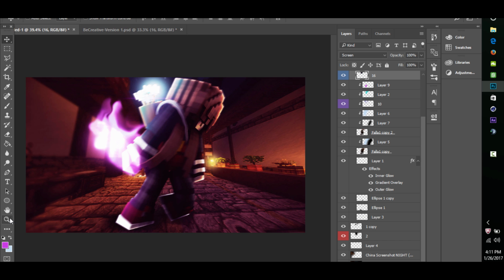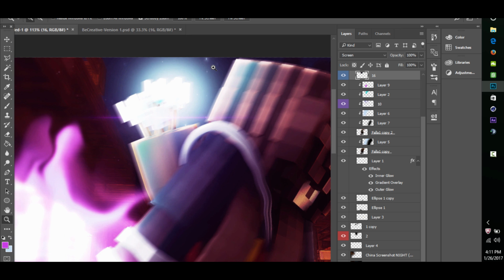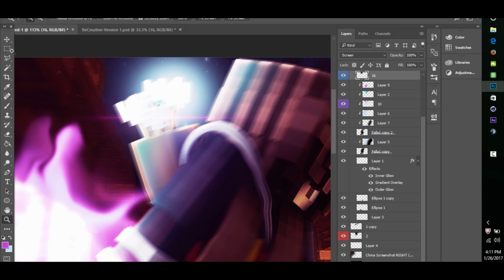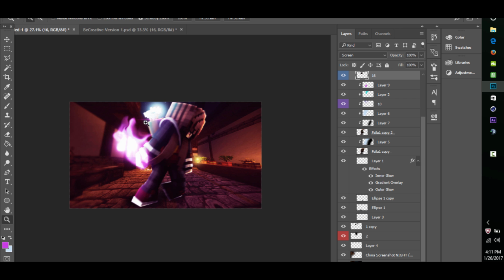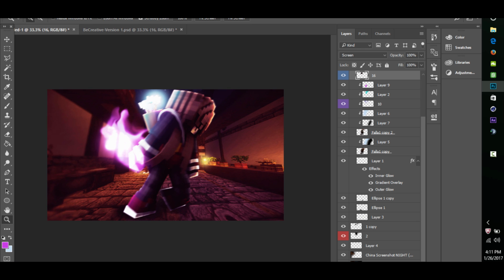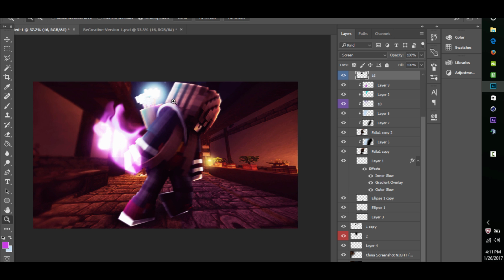So we can put it there. Seems to look kinda cool. And we can make it a purplish color, and we can move it up a bit. Go ahead and erase this here, 'cause, you know, and it just looks cool right there. So yeah,